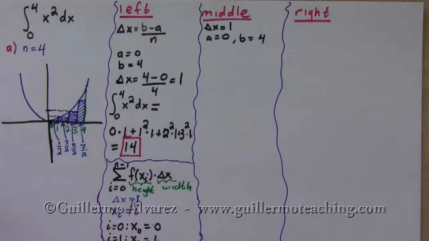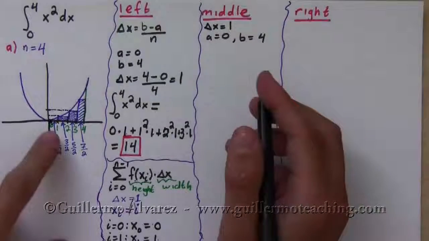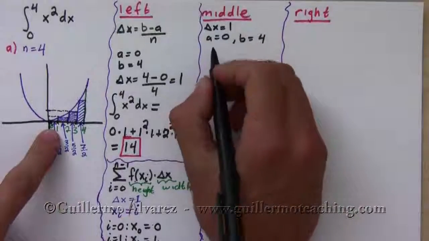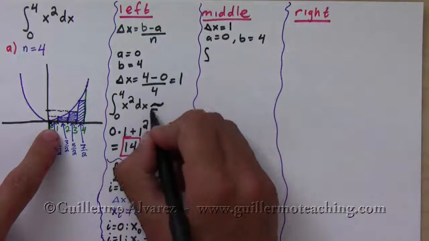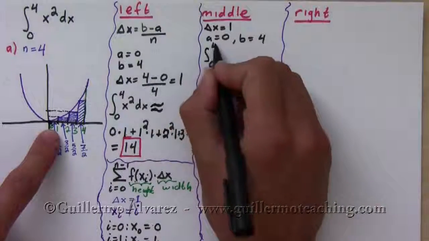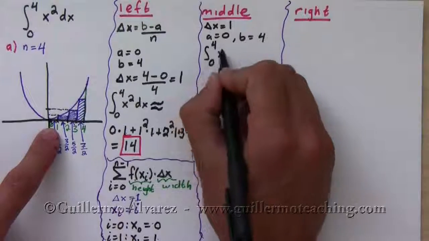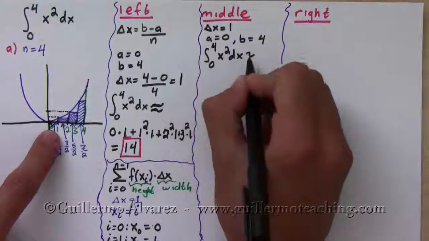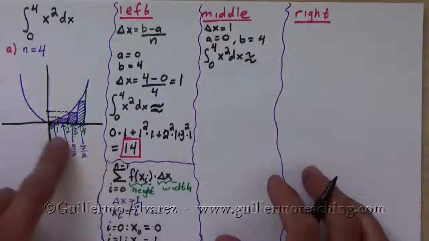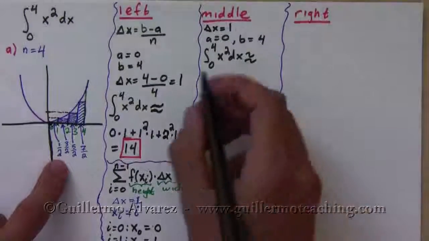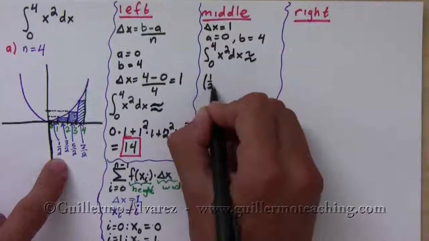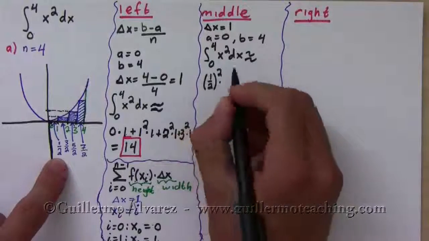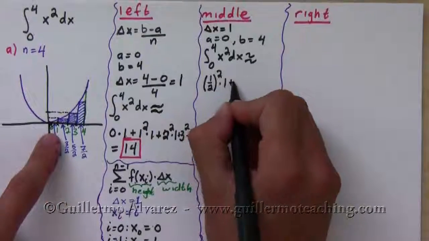Okay, so, well, that's not very difficult, right? So that means that the area, I forgot, over here, this should be approximately, sorry. The area underneath the curve between 0 and 4 of x squared dx is approximately equal to, so I evaluate at 1/2, so the height is going to be 1/2 squared times the base, which is 1, plus